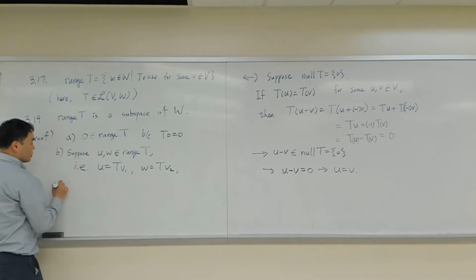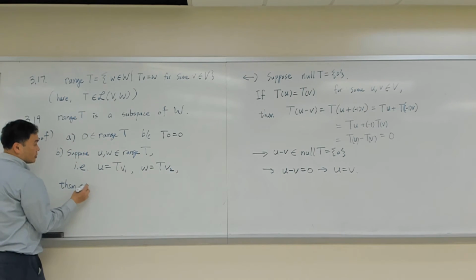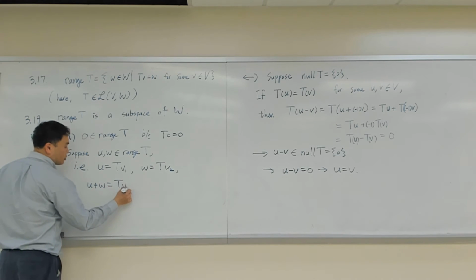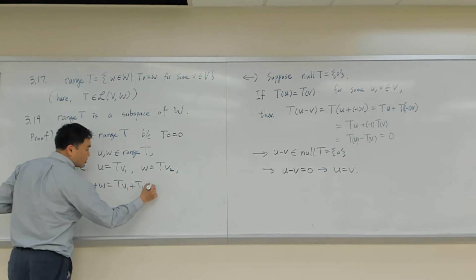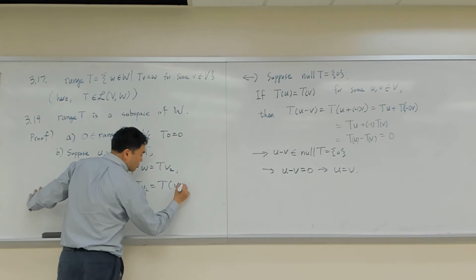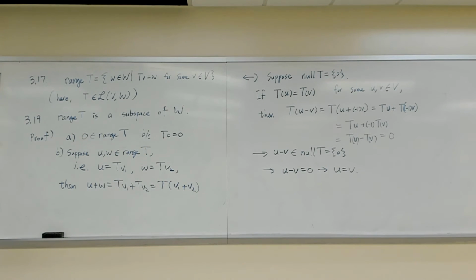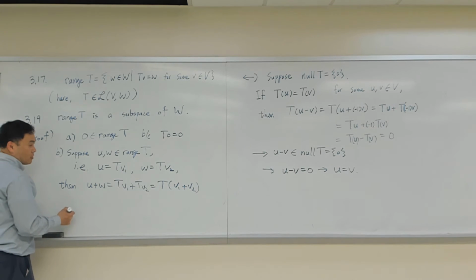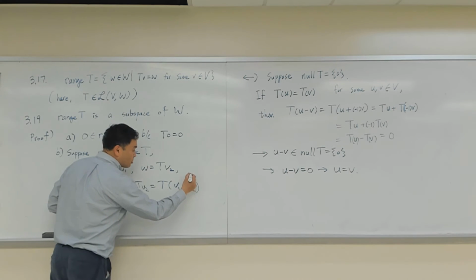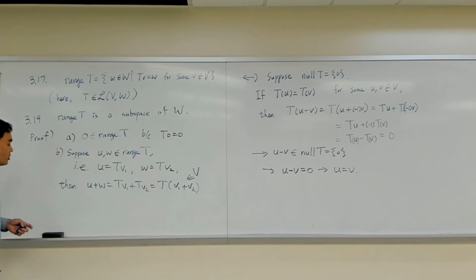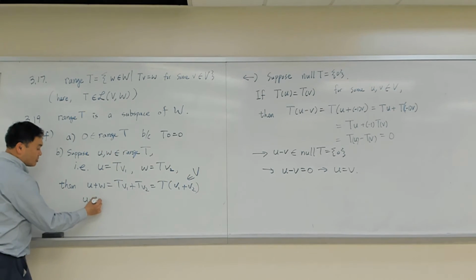Okay, then U plus W is T of V1 plus T of V2, which is T of V1 plus V2. That's the additivity of a linear map, right? So since V1 plus V2 is in V, this thing here is in V, we see that U plus W is indeed in the range